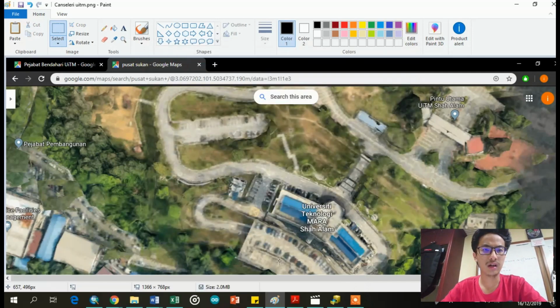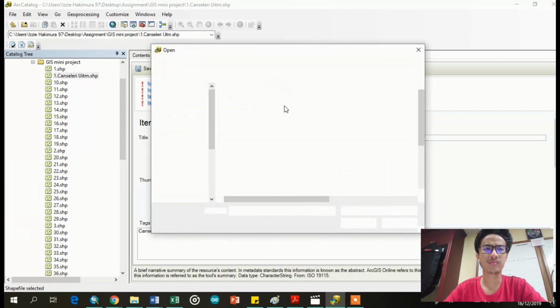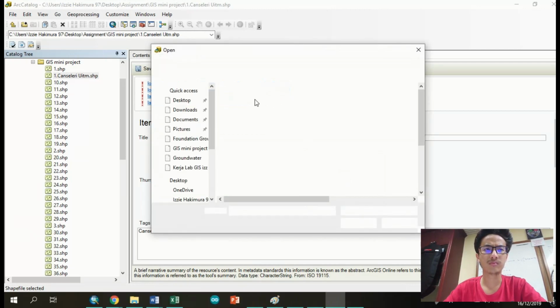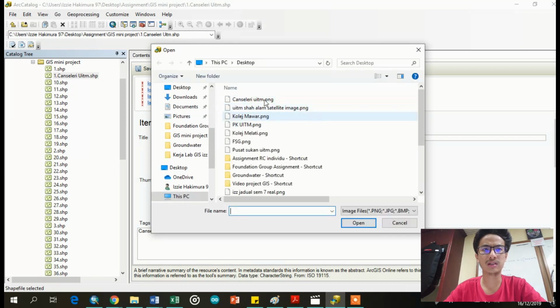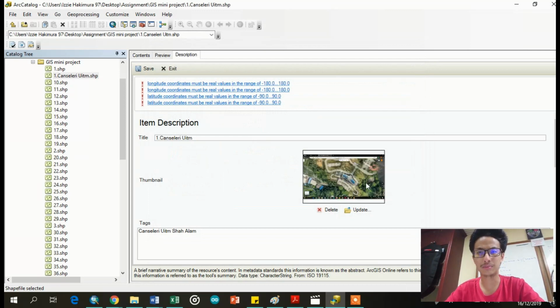Okay, after we save it, we can update the picture by clicking the update icon. Okay, we insert the Chancellery UiTM. Boom, it will appear the picture of the Chancellery UiTM.